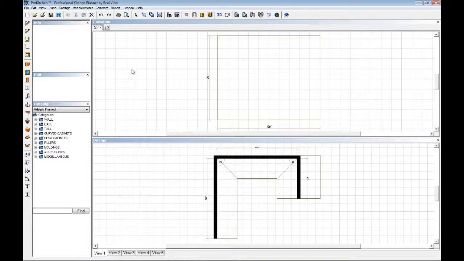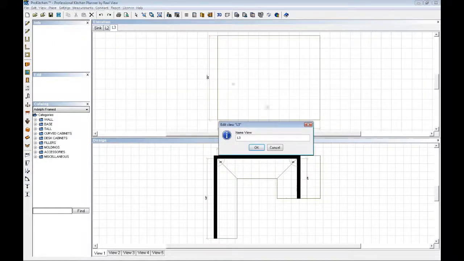The reason for this is, let's say you have a kitchen that has 15 walls. You may not know what each elevation is, or you can also create multiple elevations of the same wall. You may want to have some designs for your installer that your customer doesn't necessarily need to see. So you may want to create a sink elevation for your installer and a sink elevation for your customer. To do this, you simply click on the same wall, click on the elevation button, and it creates the third elevation in this case. You could edit this one here and call it sink and just put install,